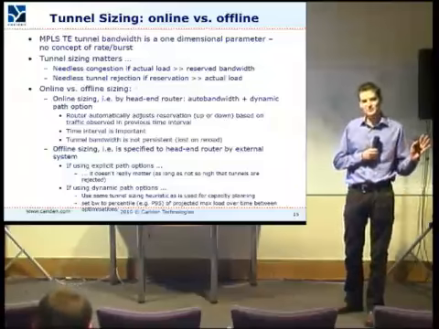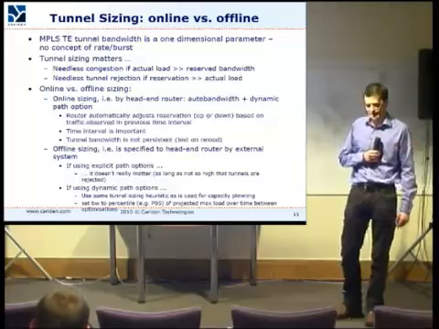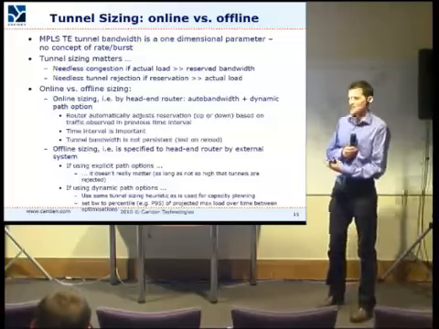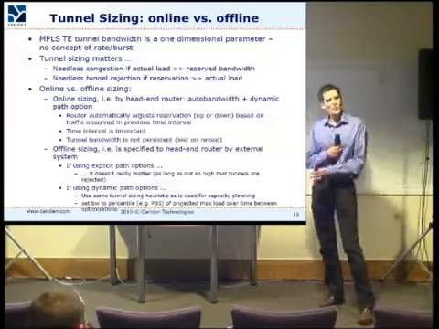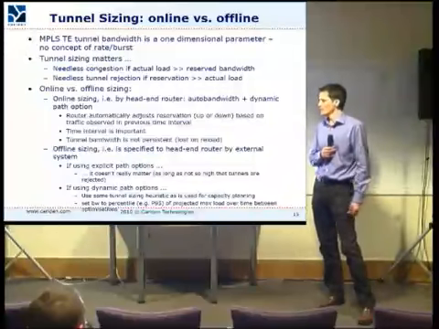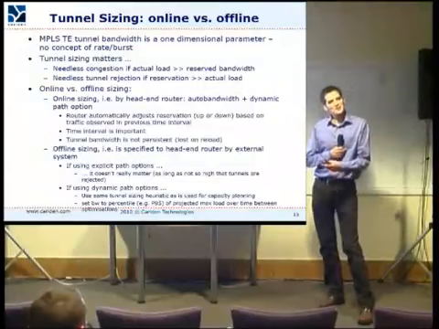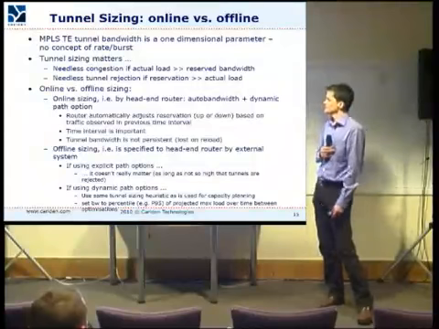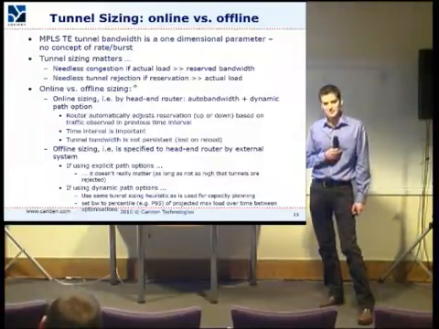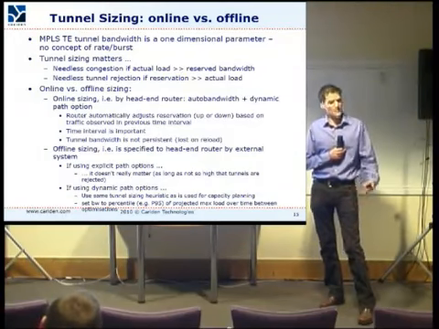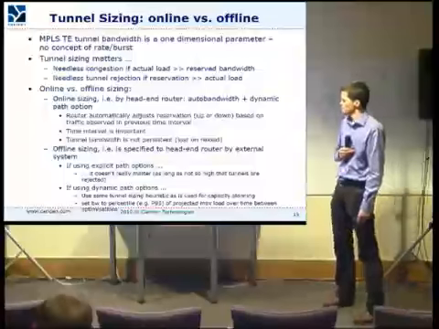One is the head-end routers set the size for the tunnel based upon what they've seen, based upon the past history. That has a few issues. One is that obviously that's based upon history, and what happens in the future may not be quite the same as what happens over the last interval. And setting that time interval is quite important. I've got that in the next slide. Second is that tunnel bandwidth set by the head end is not persistent, or generally not persistent. So router vendors aren't saving the tunnel bandwidth for when they come up again, because you may have a different routing state if you have a problem and then come back up.